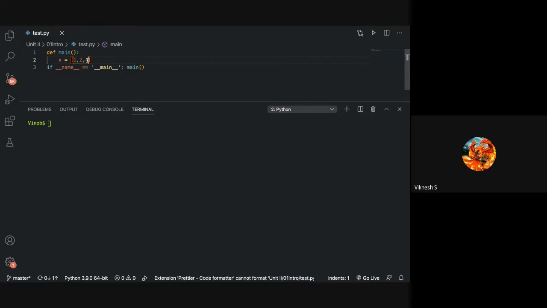These are elements of the list. So this is a numbers list. And if I have y is equal to this, what is y? A string list. Yeah, it is a string list.